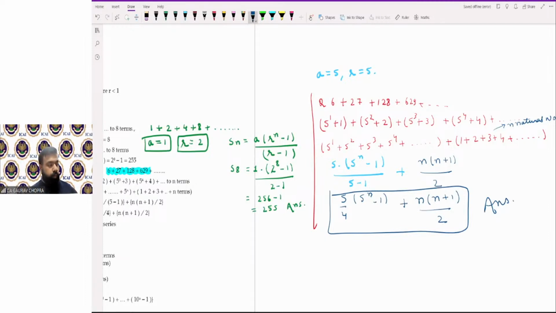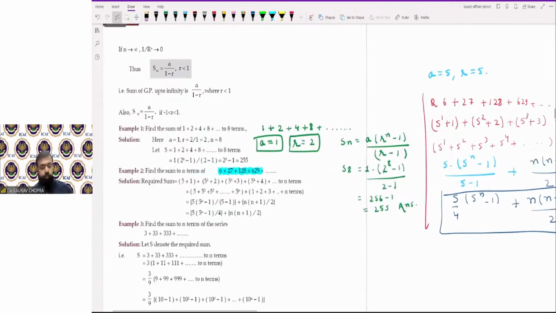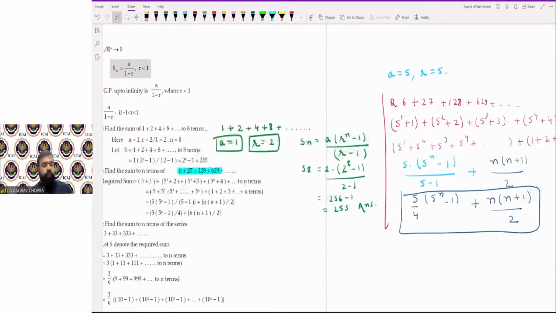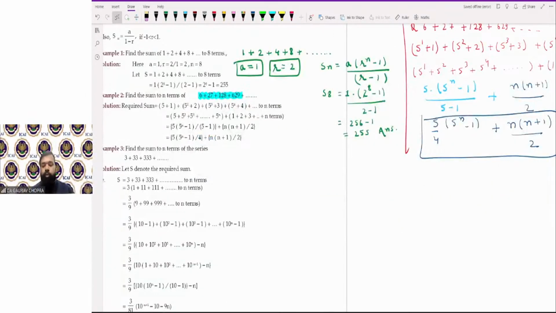All right. So this was example number second. Understood, everybody? Now we can move towards example number 3. एग्जाम्पल नंबर 3 भी थोड़ा सा अलग है, डिफरेंट है, तो उसको समझ लेते हैं।